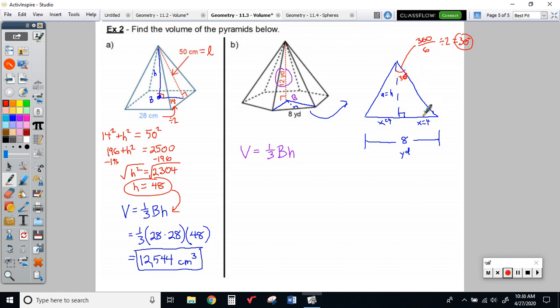I need to see that you understand that, though. If I was checking for work, I would want to see that. So 30 degrees there, 60 there. We could use trig for this then, but I think more easily or more efficiently we could use the ratios of a 30, 60, 90 triangle. So this is n, this is 2n, and then your apothem or height of that triangle is n√3. So n is 4. That means the height of this triangle right here, or the apothem, if you prefer to think of it that way, would be 4√3,